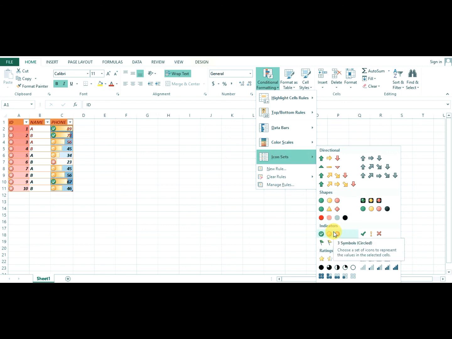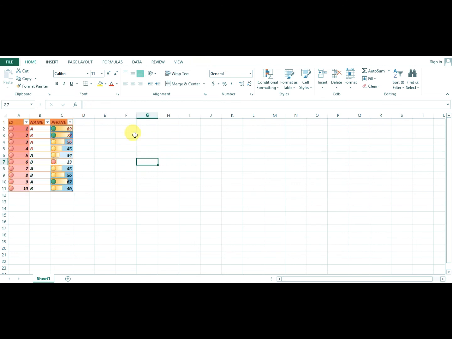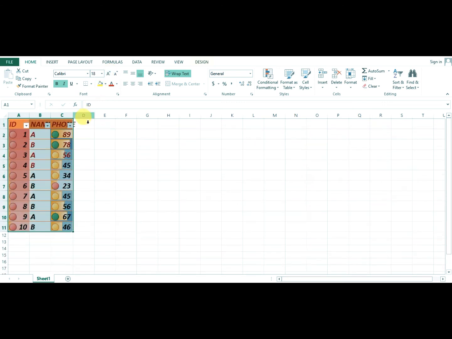Indicators, some indicators you can use. Ratings, some ratings. It's called conditional formatting.